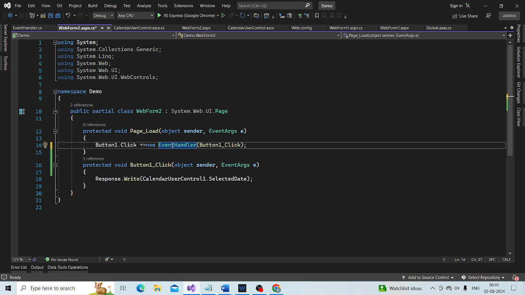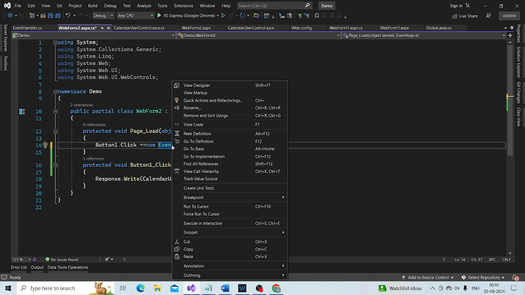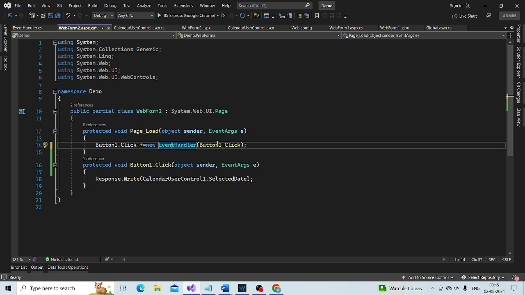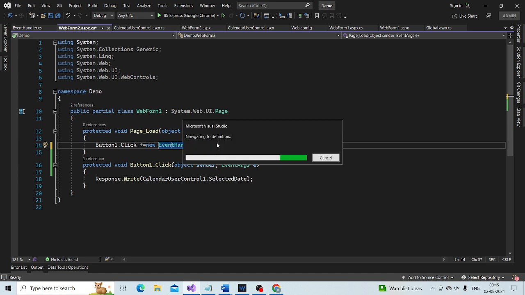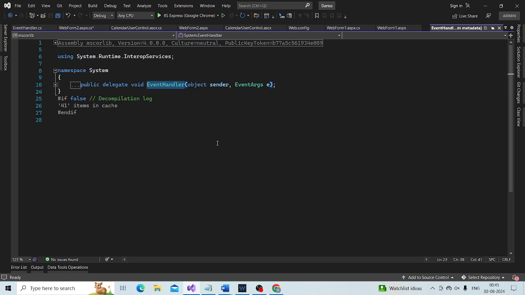Put the cursor here, right mouse button click and go to the definition of this event handler delegate. Look at the signature of the event handler delegate itself.